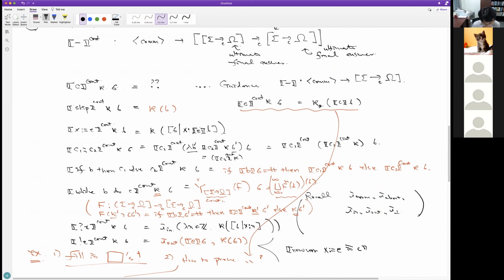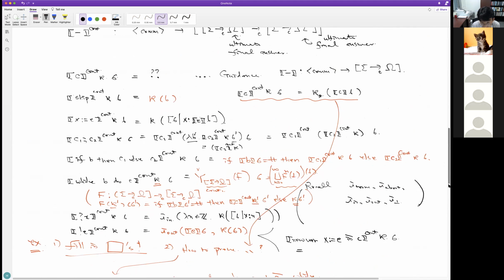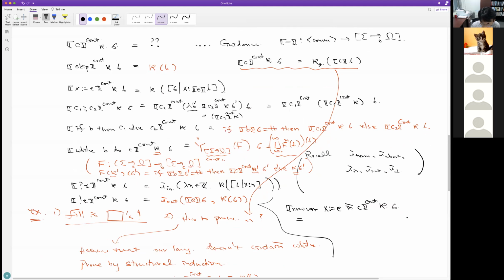In continuation semantics, it takes a continuation and the current state. And then it does something a bit interesting. It updates state sigma with this variable x so that the variable x has this initialized value. And then you run the command C.